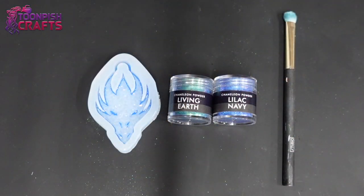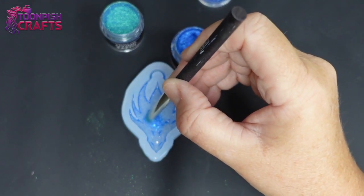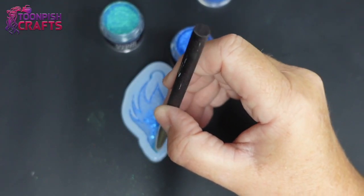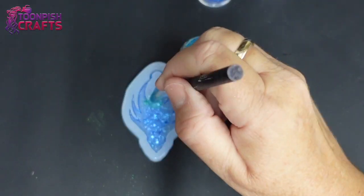I'm going to dust this with Chameleon Mica powders. These are Alexis Chameleon powders, and they are in stunning colours, and I've chosen two colours, which are Living Earth and Lilac Navy. Now if you haven't heard of Alexis Chameleon powders,